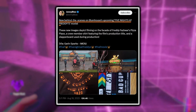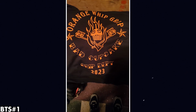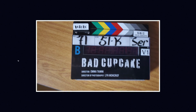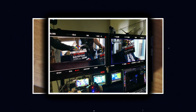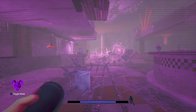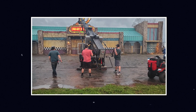And most recently, we actually got ourselves some brand new behind-the-scenes photos of what happened during filming this past February, detailing some bad cupcake merch from the production studio, a photo of the actual clapperboard, which we saw from the first day of filming for the movie, funnily enough, another cool detail, some more standard photos of the pizzeria turned on, which has and always will look absolutely insane, along with a photo of them seemingly taking shots or doing